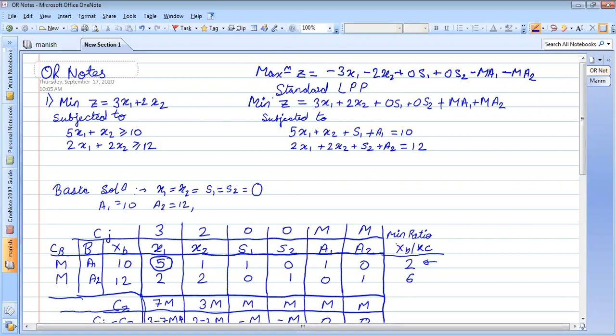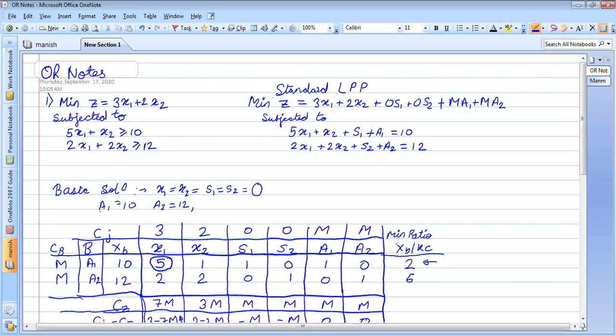Okay. Any doubts in this? Any doubts up to this point? Any doubts? No, sir. Okay. So what we have done is we have not converted it into a maximization problem, but we have kept it as minimization, and we just added the coefficients of variable a as plus M. Okay. Now this is done.